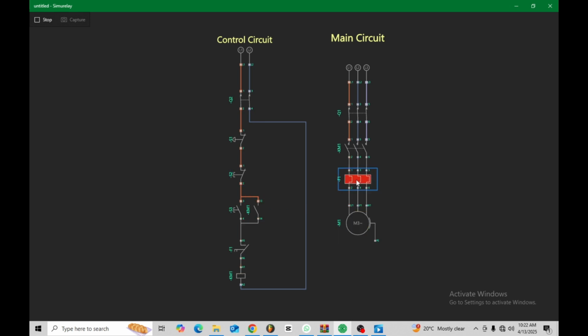Then I tell it, overload relay, switch on. As you can see, the overload relay is on. It has disconnected power from the contactor and has opened itself here at the bottom. No matter what I do, no matter what I press, it will not switch on the motor again until I disengage the overload relay and start it again. So when I press this overload relay button, which is like a red button on the overload relay, it automatically trips the motor, and then it opens the connection and won't allow power to come through. Okay, that is your basic